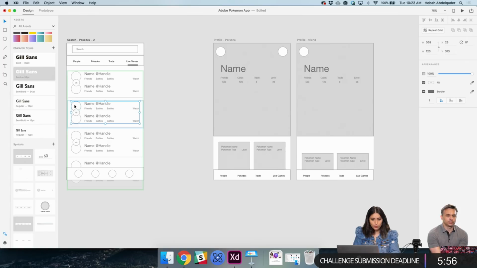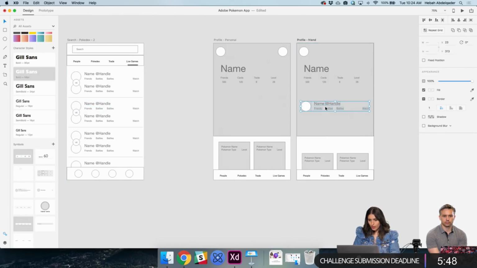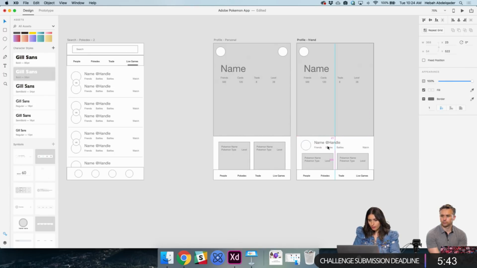So let's grab another of our patterns from here. I'm gonna build this into another pattern. So I'm gonna do copy, paste, and then group, and then create it into its own symbol. Basically this is the recent battle. This is the person that they recently battled, and then you can click on watch and you can watch it, right? This is a list of Pokemon cards. We've already established that you can't see all their Pokemon cards, just the cards that they want to trade, because you don't want them to know what's in your deck, right? Yeah. You want that to be a surprise.